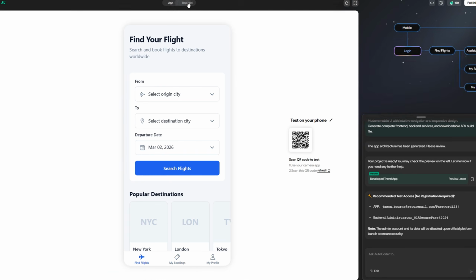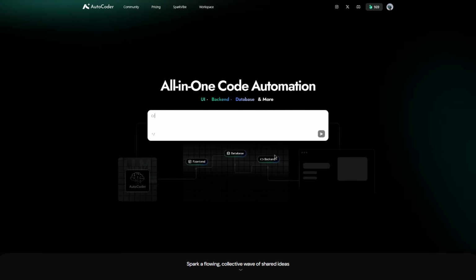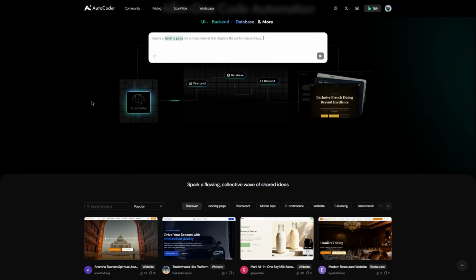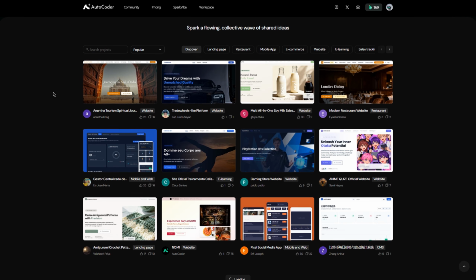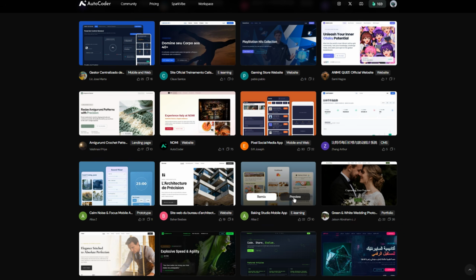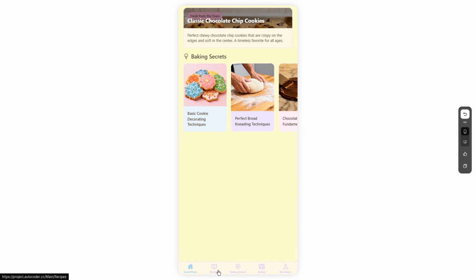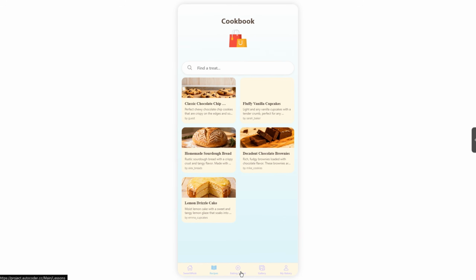So as you can see, it is so powerful. I mean, let me tell you, it is something so great. We live in such a time where you don't even need to know how to code. You just type in a prompt and anybody can start their own backend business. Listen, all of that is so massive because most tools claim app generation, but Autocoder actually implements full backend logic,